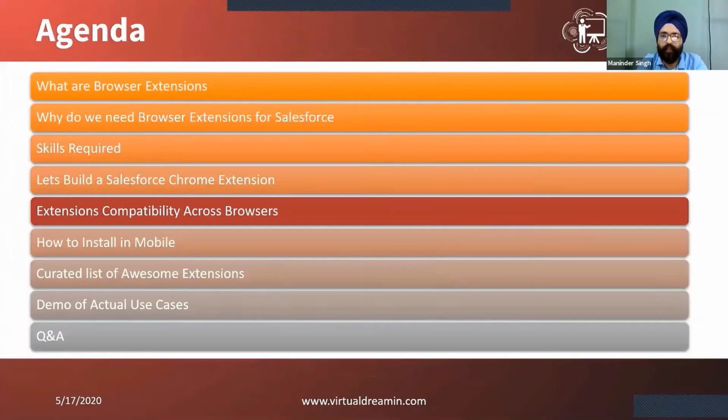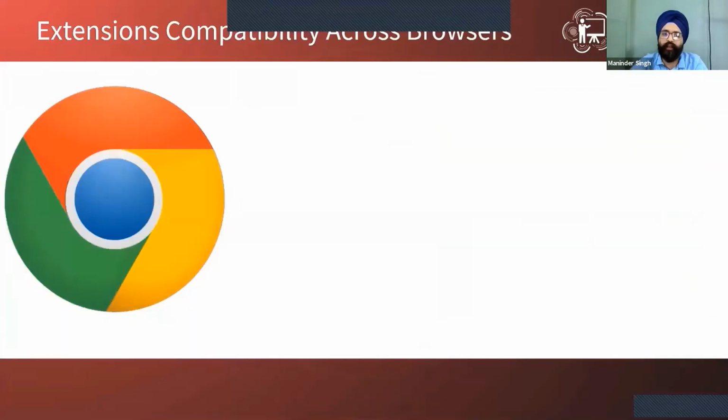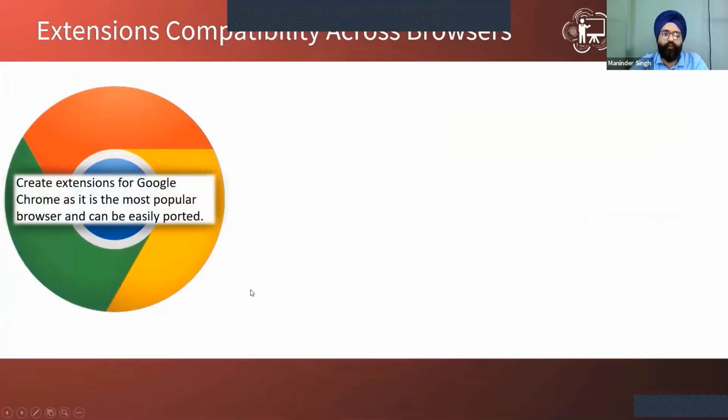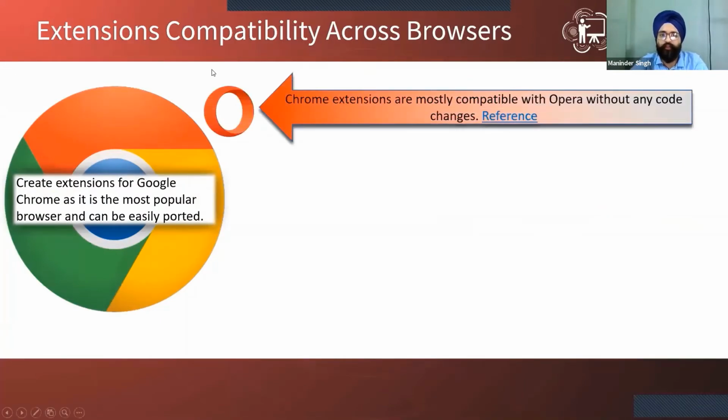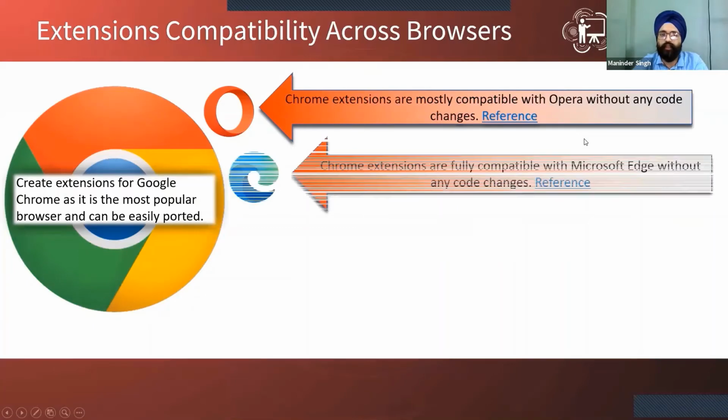The next is the compatibility. For example, you build a Chrome extension for the Chrome browser, but whether it would be compatible with other browsers or not. To answer that, I would recommend that you create an extension for Chrome first, since it is the most popular browser and it can be easily ported to others. If any user is using Opera, they can directly install a Chrome extension without making any code changes. Even for Microsoft Edge, they can directly use it.